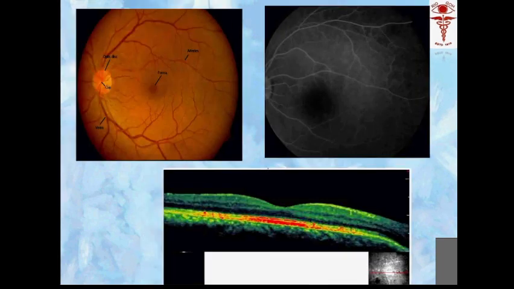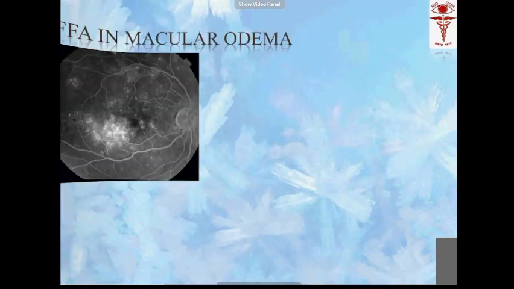So this is how we confirm your macular edema: you do what is called an optical coherence tomography. So this is a normal fundus, a normal fluorescent angiogram, and a normal optical coherence tomogram. You can see all the layers of the retina here. So this is the RPE, the layer of rods and cones. This is the outer nuclear, outer plexiform, inner nuclear, inner plexiform, ganglion cell layer, the nerve fiber layer. So this is the cross section of the neuroretinal layers.